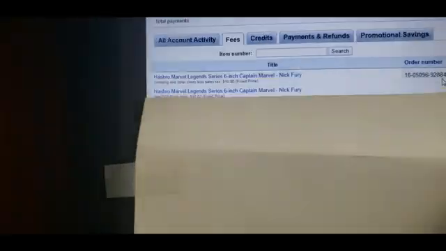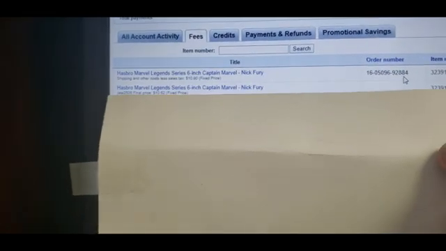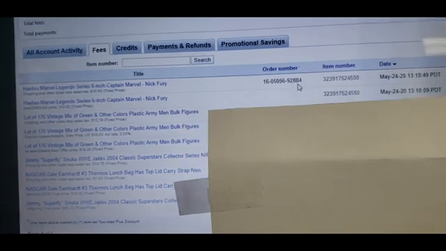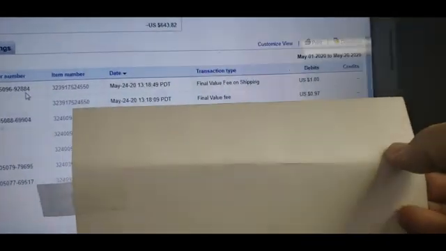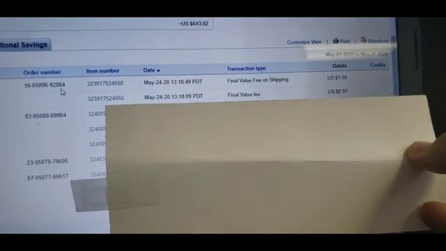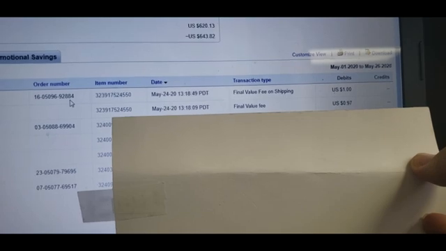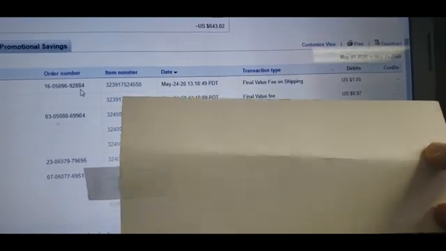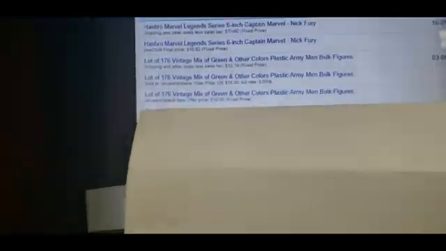Then again, the same item, because you sometimes have multiple fees on items, the same number, same date, this is your final value fee. And that'll be that total here. So the total fees for that item I sold would be $1.97, because those two go to that same item. Now, for example, in this next one, you will see I have